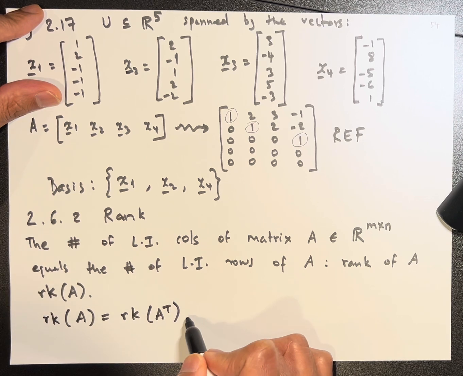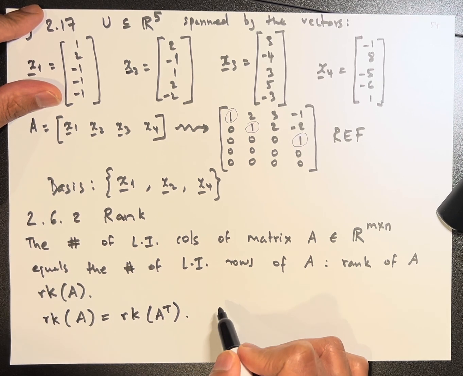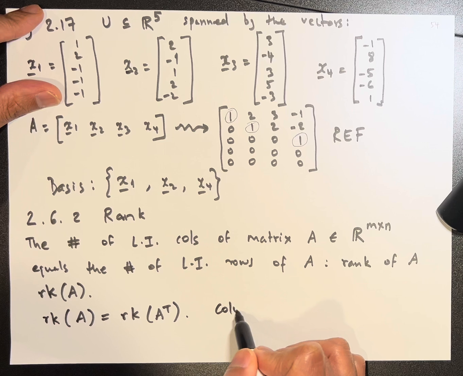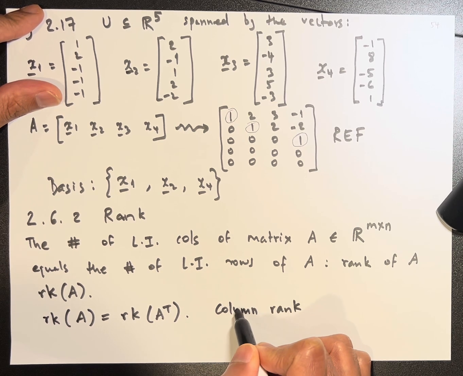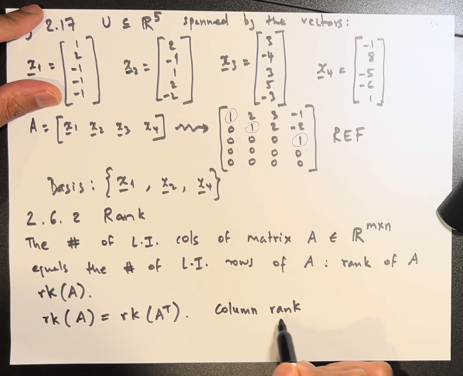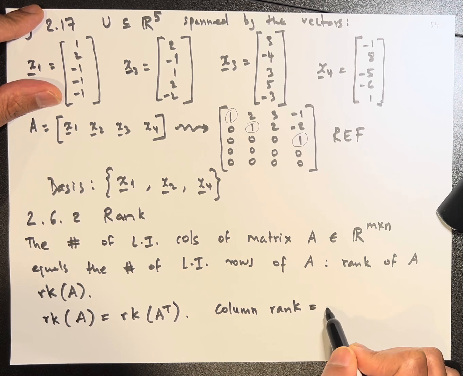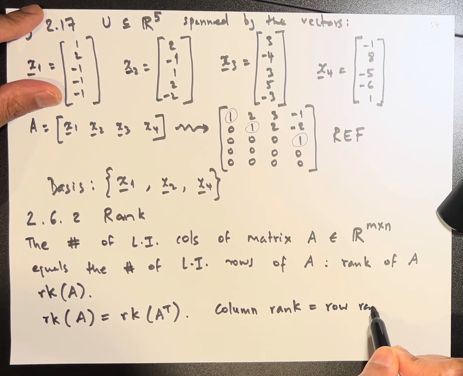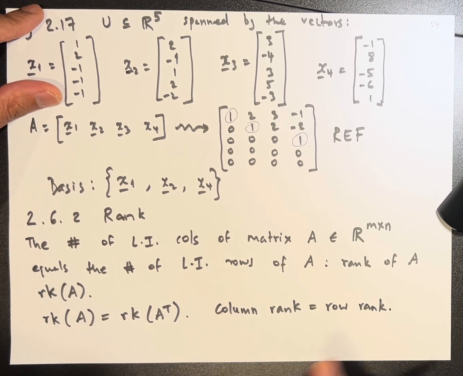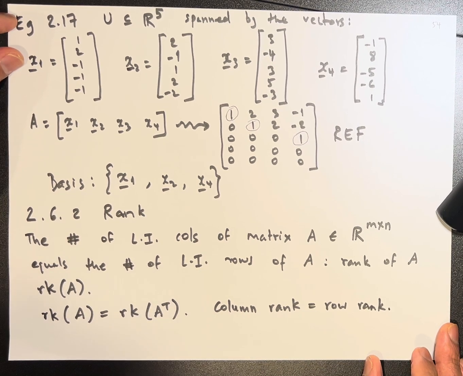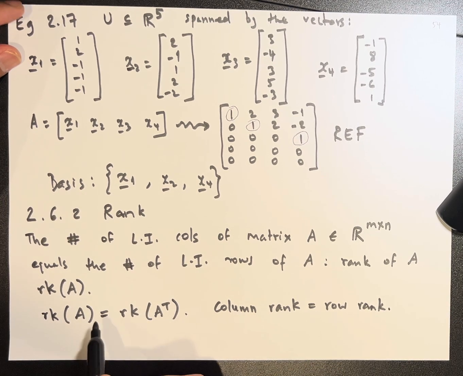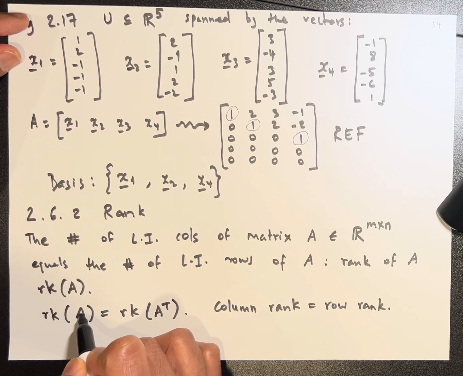Okay. Or in other words, what they are calling column rank. This is how many columns are linearly independent, equals row rank. This is how many rows are linearly independent, right? There is no proof given for this, and intuitively the way to look at this is,